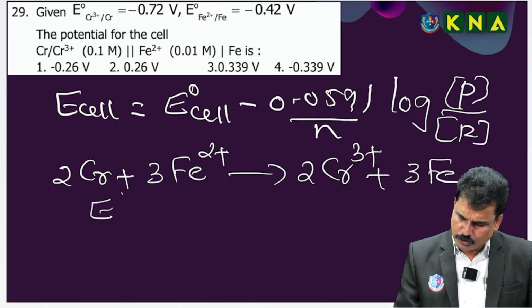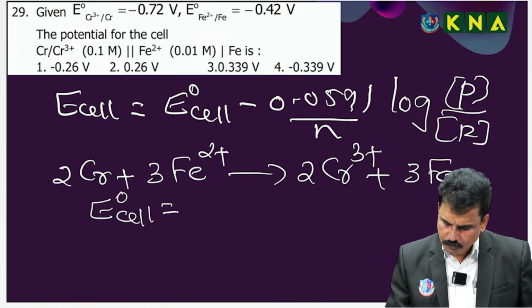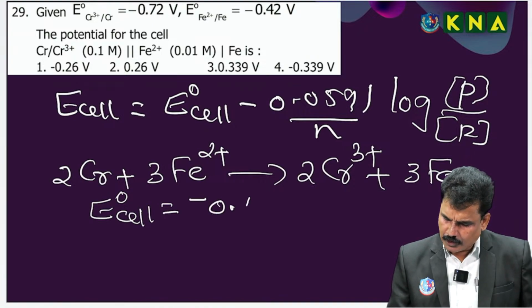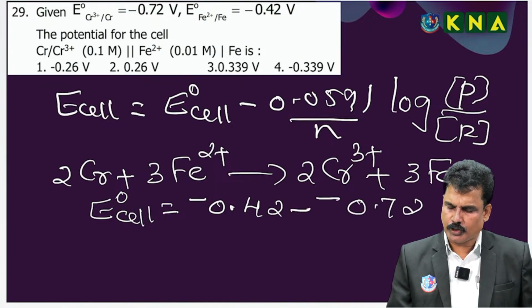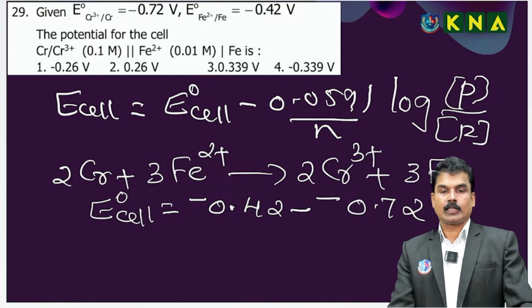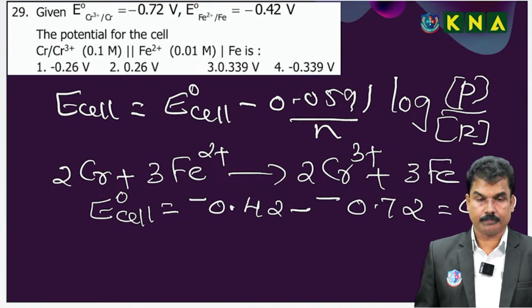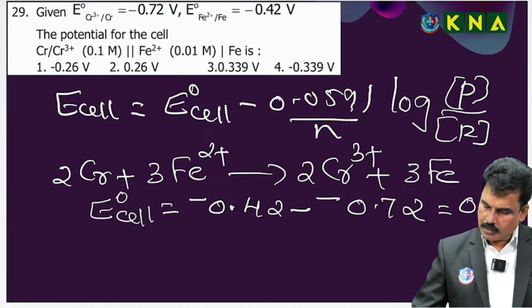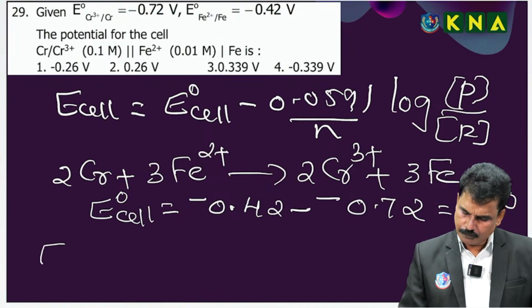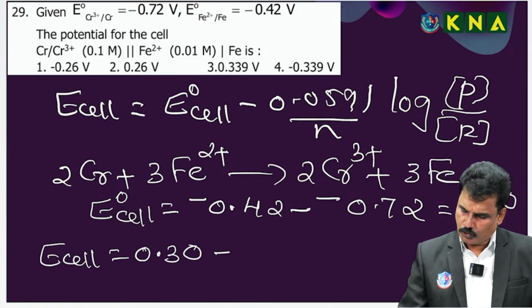How to get E0 cell? E0 cathode minus E0 of anode. What is cathode here? 0.42 minus minus 0.72, E cathode minus E anode. So you are getting the value 0.30 volt. Now we can calculate E cell, the EMF of the cell, is equal to 0.30 minus